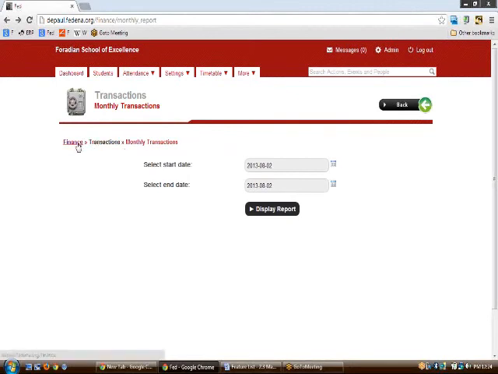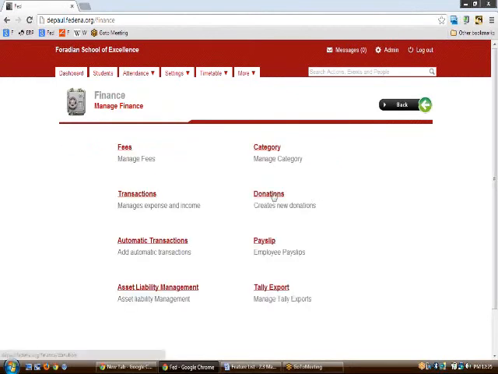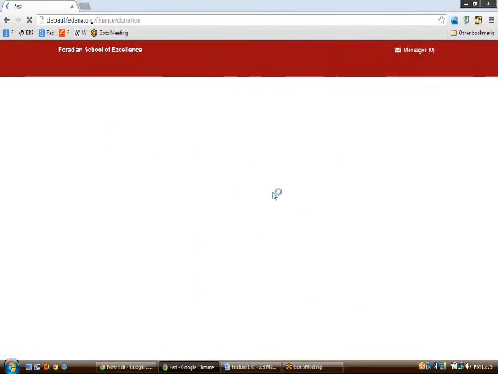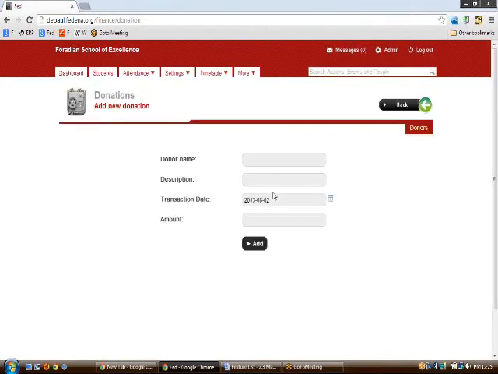Now we can quickly move upon the donations part. Let us say that if you have some kind of donors to your company, to your institution, then you need to keep the track record of all the donors that has arrived and that has donated some healthy amount of money into your organization. So to do so, Fedina comes up with this facility called donation.